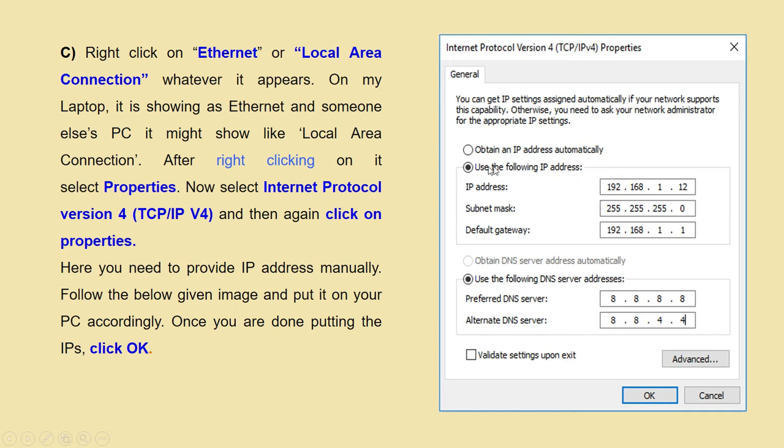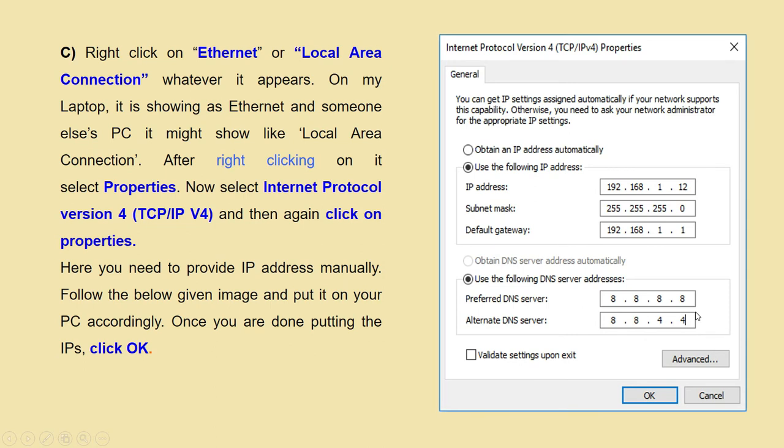So go for the manual IP, where you have to set the IP address 192.168.1.1 series. As for example, here it is written 1.12, your series is 1, the subnet mask is written, the gateway is written, and the DNS server and alternate DNS address are this one.